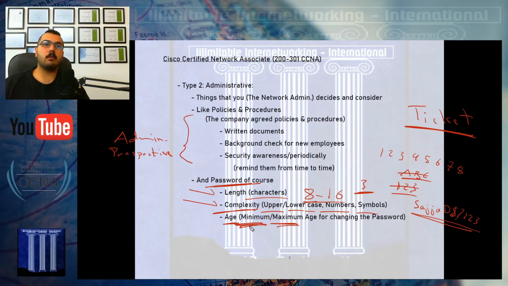The minimum age of a password is like the minimum duration of time that I'm allowed to keep my password before changing it. It's like if I applied a new password today, maybe I can't change it for up to 5 days from now. This is the minimum age. Without the minimum age, an employee can change his password every 10 minutes. This is really annoying because it uses some of the network resources, and also having this amount of passwords changed